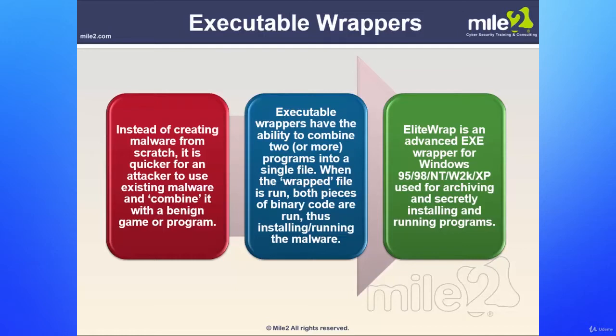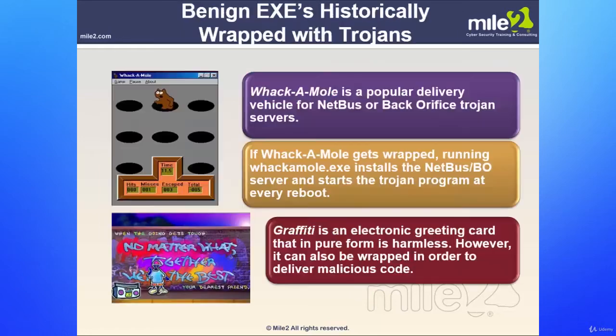Elite Wrap is one of those tools that would be used for that. It's an advanced exe wrapper for Windows, and it's used for archiving and secretly installing and running programs that we have. Some of those benign exes historically wrapped with Trojans, we have what's called the Whack-A-Mole. And its popular delivery vehicle was the NetBus or the Back Orifice Trojan servers. If the Whack-A-Mole gets wrapped, running whackamole.exe installs the NetBus Back Orifice server and then starts the Trojan program at